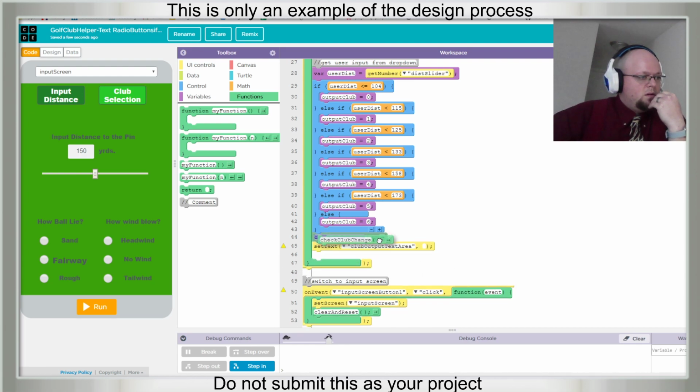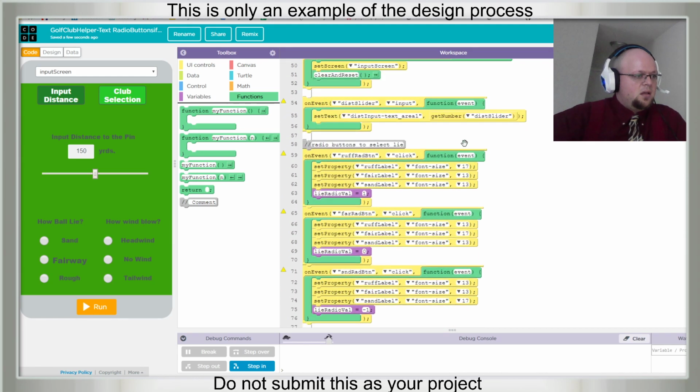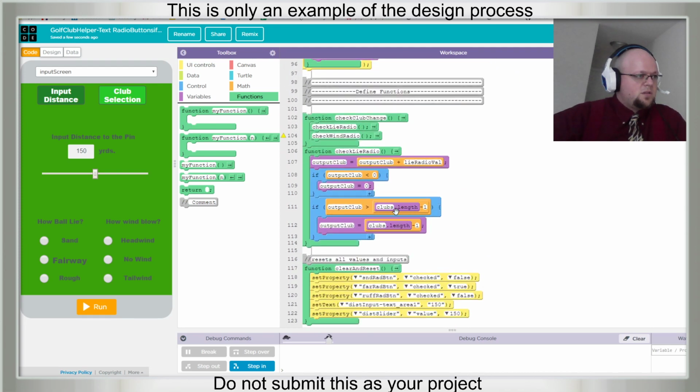We are going to call this function, and we're going to call it with output club. And what we're hoping for is that it comes back. This is going to be a return function.